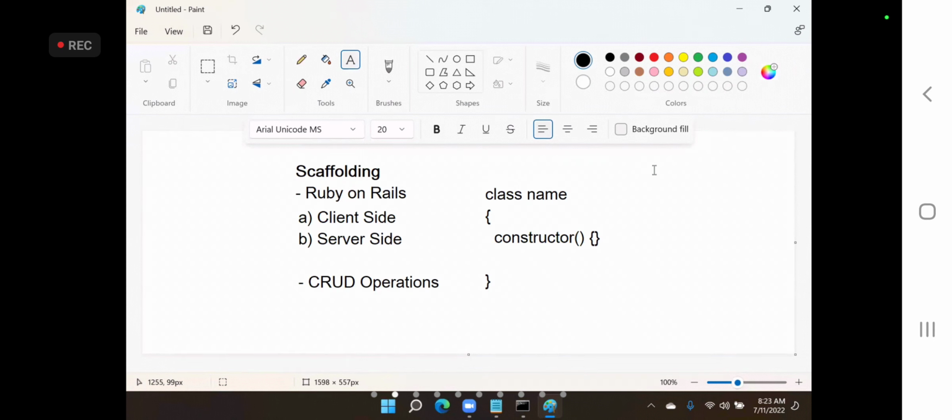Without writing a single line of code, they introduced a technique where you just choose a wizard, and a wizard will open. Wizard means step by step guidance. In that wizard, you select which database you want to connect and what operations you want to do on the database. Then click on finish. Everything will be generated, including the UI, user interface. That means user interface, business logic, and connection with that, everything is generated.